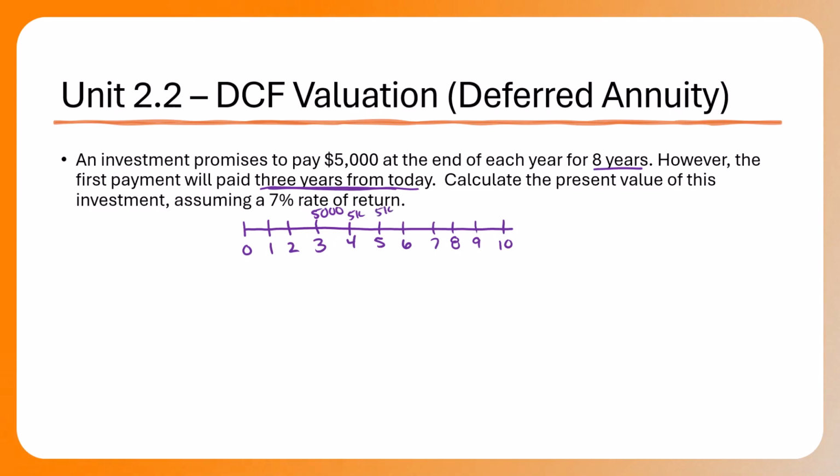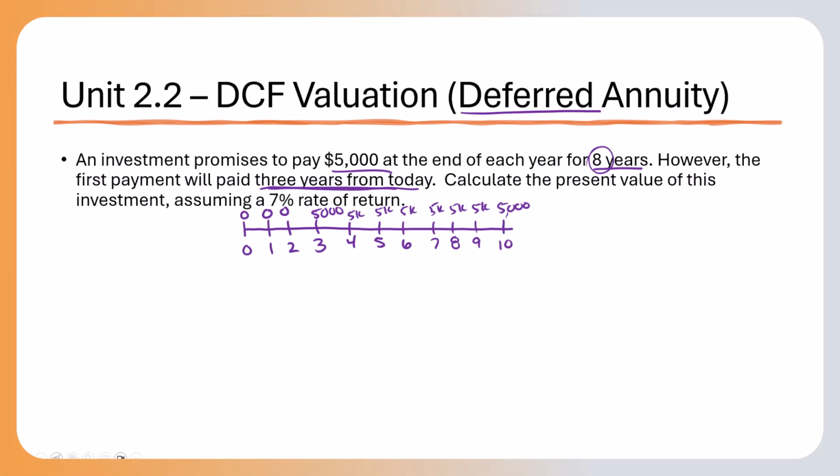So 5,000, 5,000, 5,000, all the way out to the end of year 10. That's 8 $5,000 payments. And we have zeros on the timeline for the first 2 years as well as the initial cash flow. This is referred to as a deferred